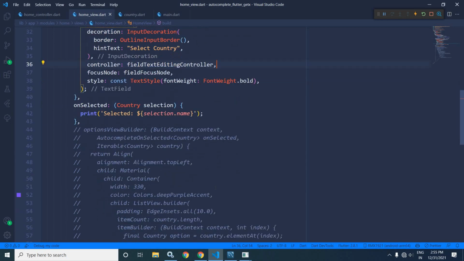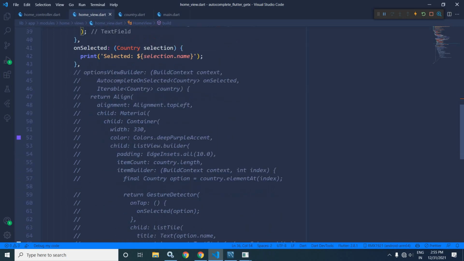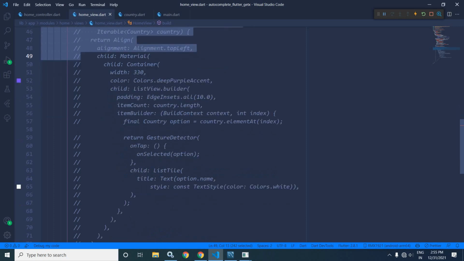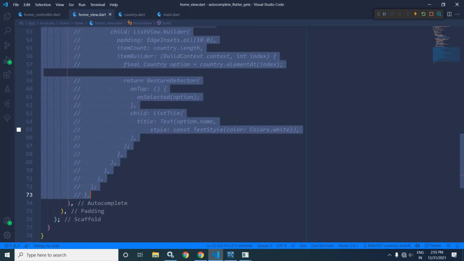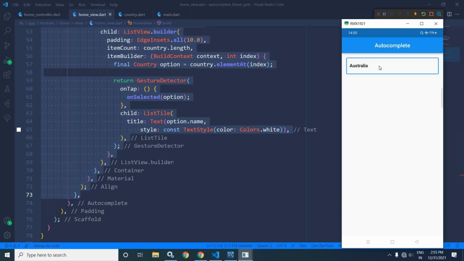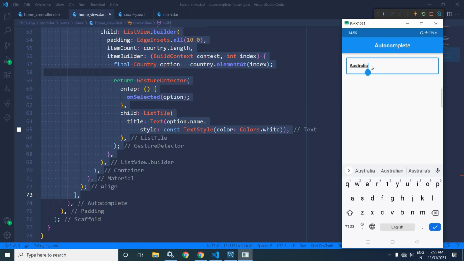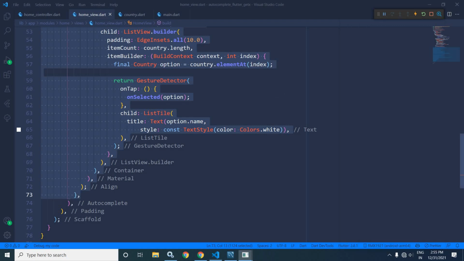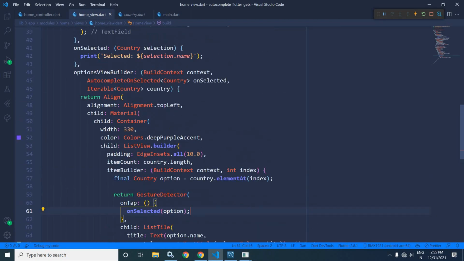Next we have options view builder. Let me uncomment this first. Now what is the purpose of this? If you want to customize this list which is coming, let me remove this. Okay, if you want to customize this particular list which is coming, then we need to use this options view builder.